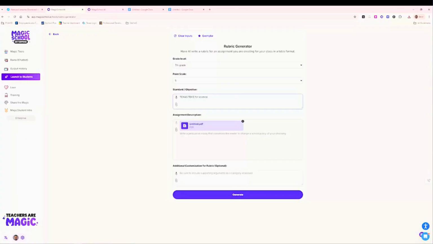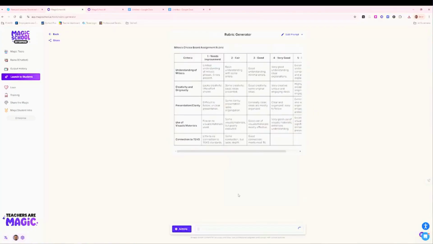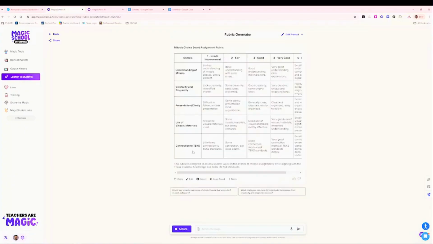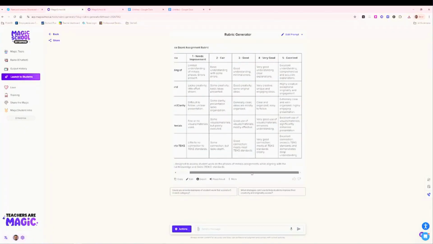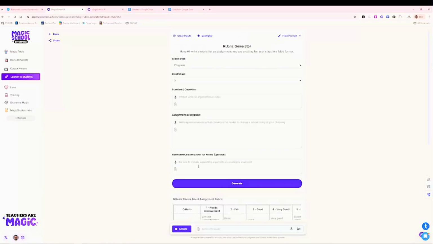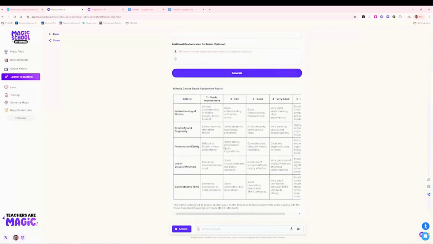And is there anything else that we want for the rubric generator? We can always post prompt. Let's just generate it and see what comes up. So we'll read the title, the criteria. It will give you all the information in here, but I really don't think much of it, it's just the whole rubric. So I'm going to edit the prompt and I'm going to put in here,